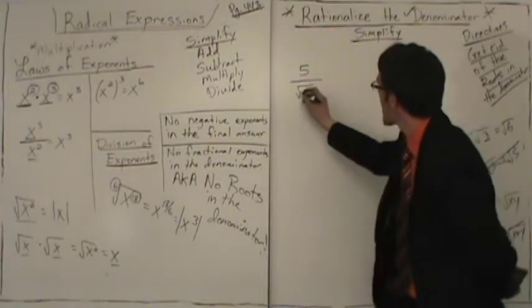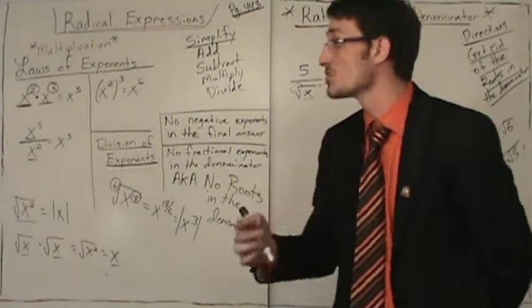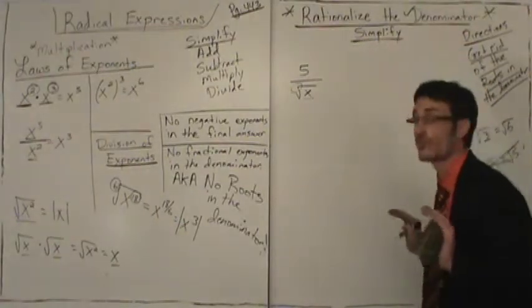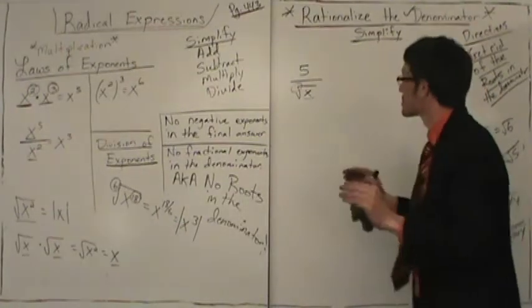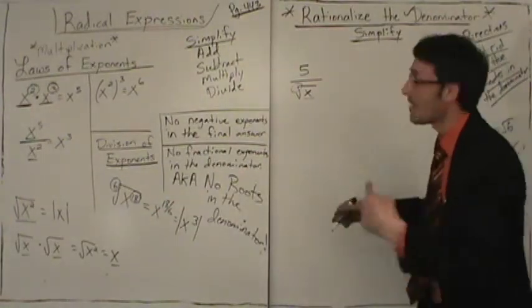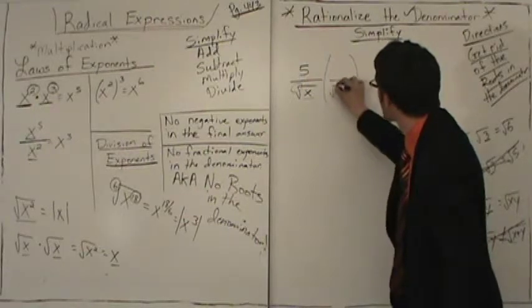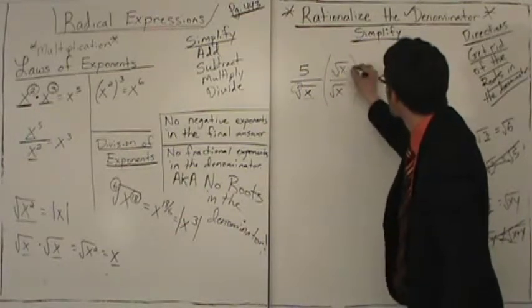Well, we ask ourselves, how many x's do we need total? What is our index? Our index is 2, so we need a total of 2 x's in order for a group to come out. So if we need a total of 2 x's, but we only have 1, how many more do we need? Well, we need 1 more x. So we're going to multiply by a root x and a root x,